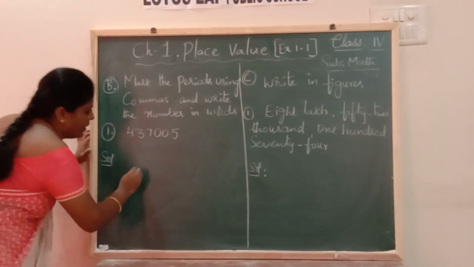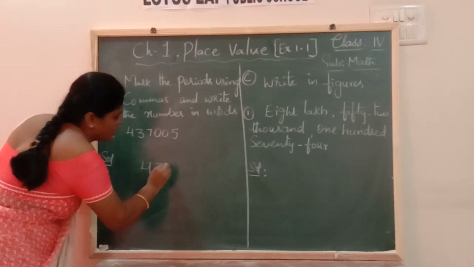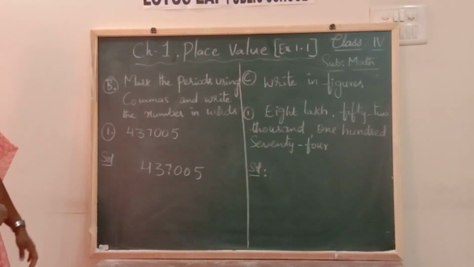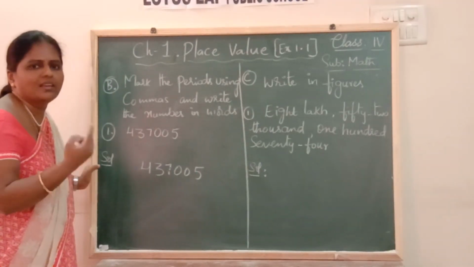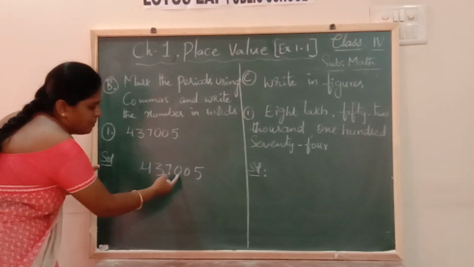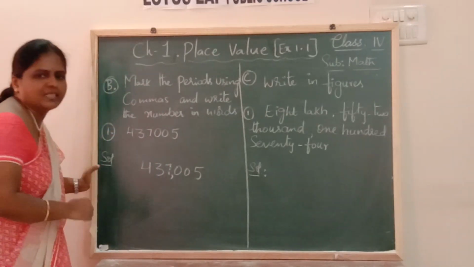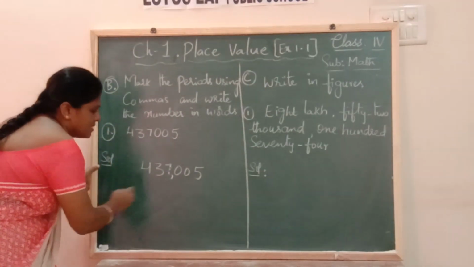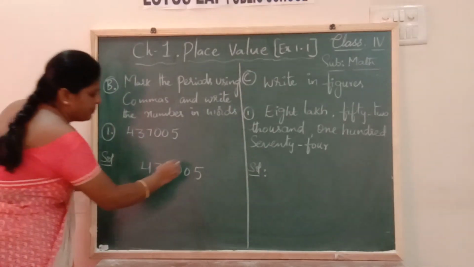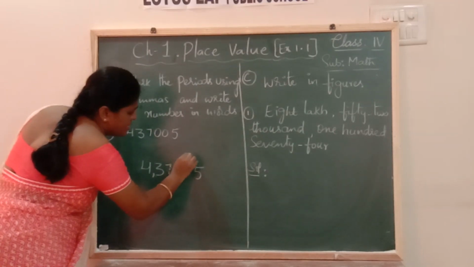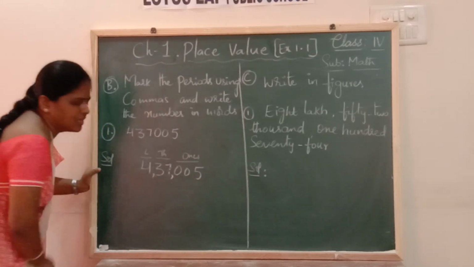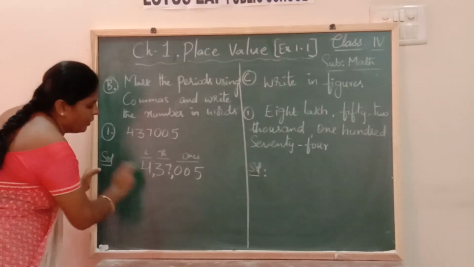First let us write down the given number here in our solution, children, and first we need to mark the periods. So how do we mark the periods? Period-wise, separate the digits using commas. As you know, the first period contains 3 digits, that is ones, tens and hundreds place, separated with a comma. Next, thousands and 10,000s place, separated with a comma. Okay children, so this is our number. Now see here, this is coming under the ones period, this is under the thousands period, this is under the lakhs period, children.